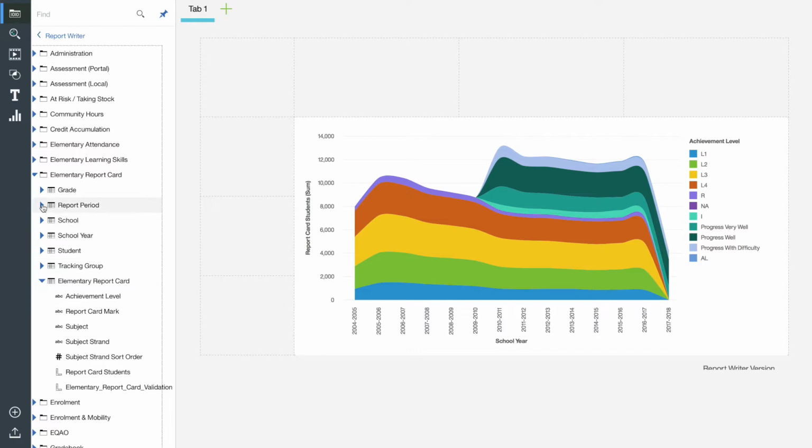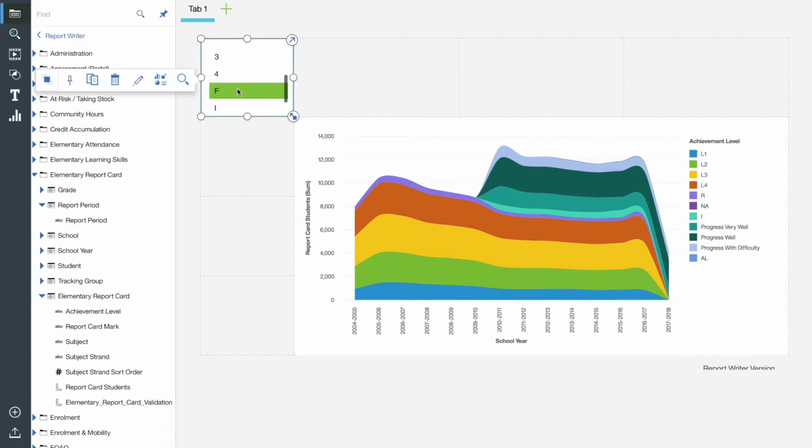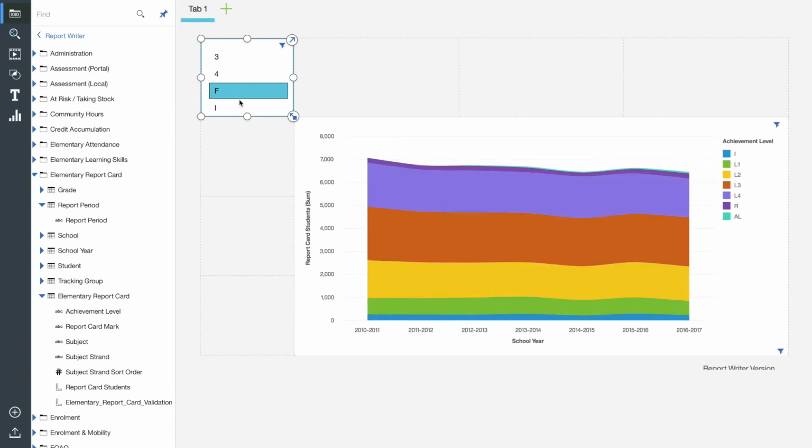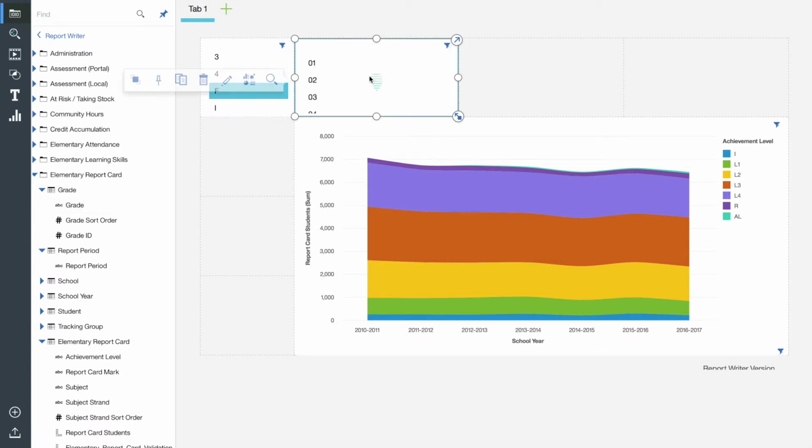Now I should point out that this is a starting point where we have multiple report periods that are available to us. Again, what I really want to do is look at the final report period to make sure that we're not double counting anywhere. So what this is now telling me is that I can see the achievement level historically for all schools within the board. What we can actually do now is start to tear into the details a little bit further